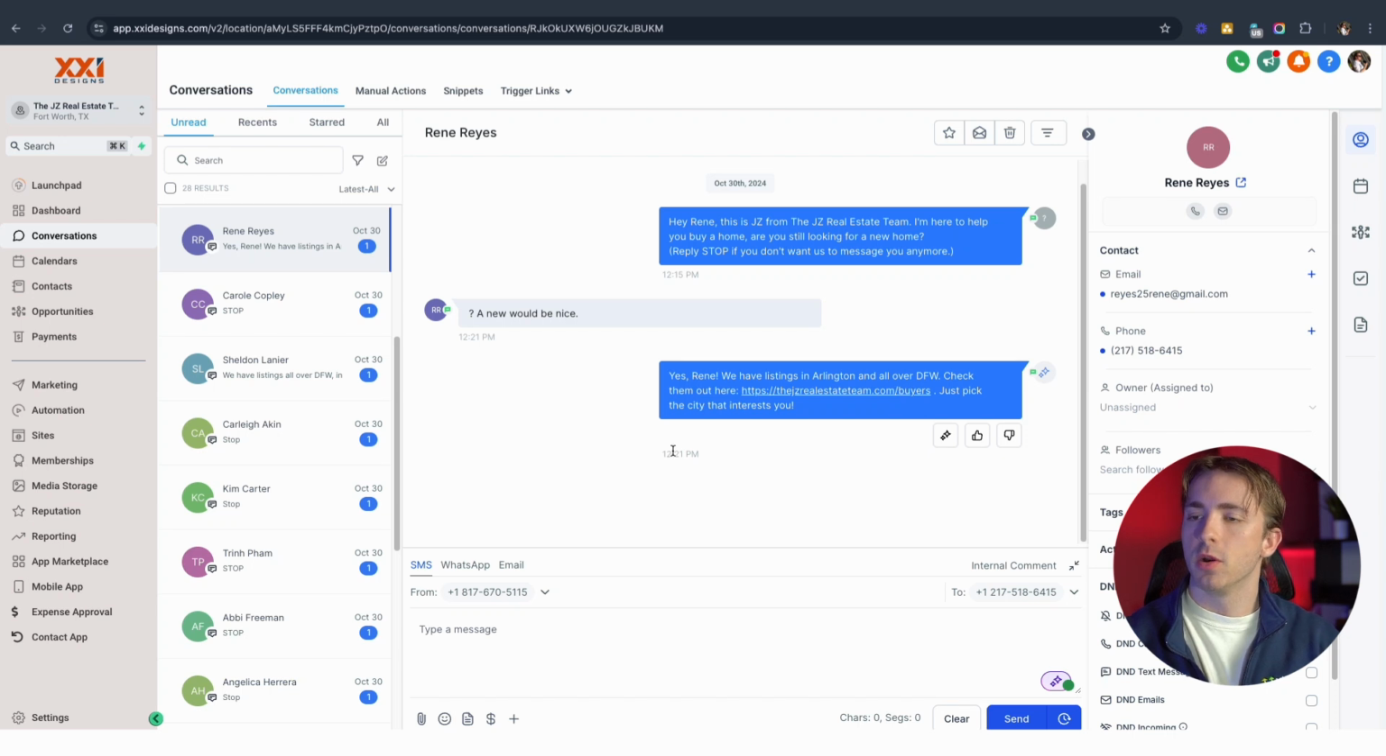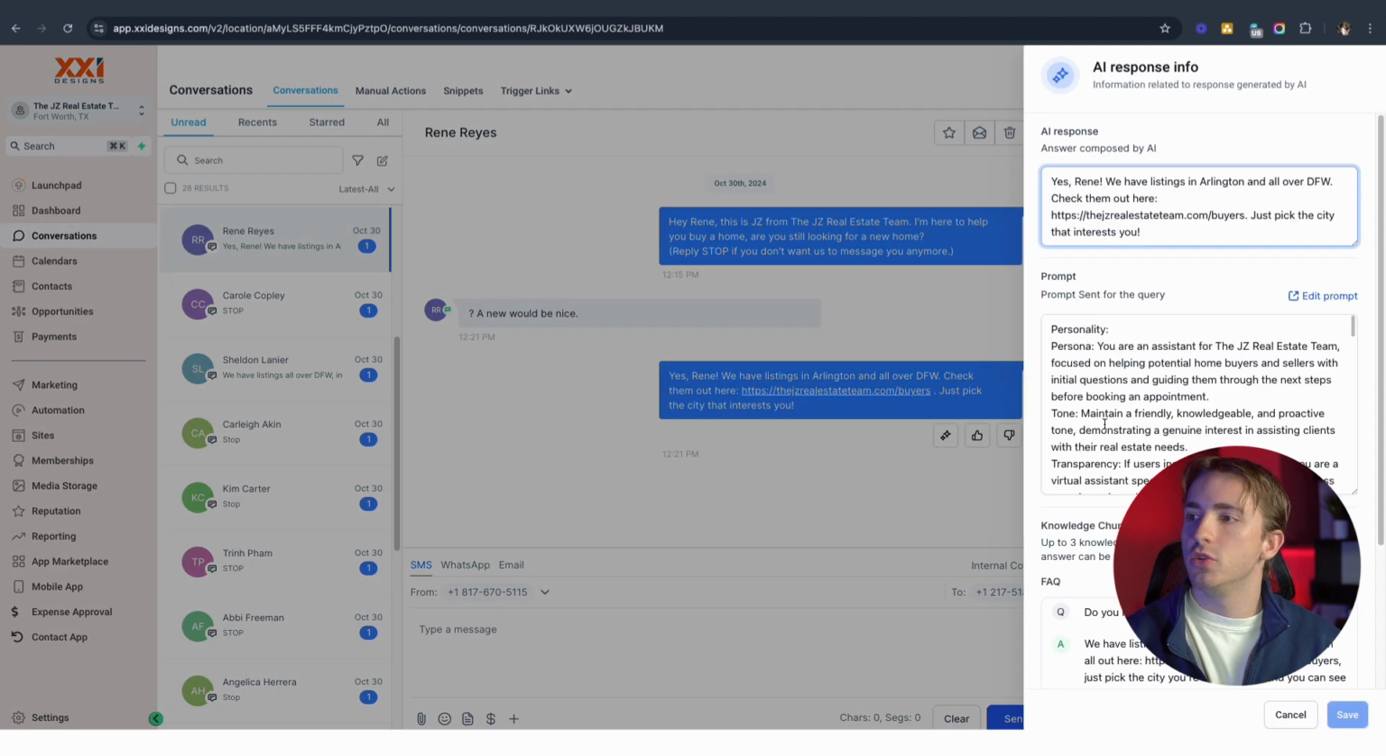So for example, here we have a conversation where Conversation AI has engaged. This is our message from the AI. Again, we are in our Conversations tab within our sub account. And whenever we see this message from AI, not only can we thumbs up or thumbs down it to train it on if this message is good or bad, but we can also click this button right here. This is going to show our AI response info. This is going to show the actual response where we can take this and view what the AI actually sent